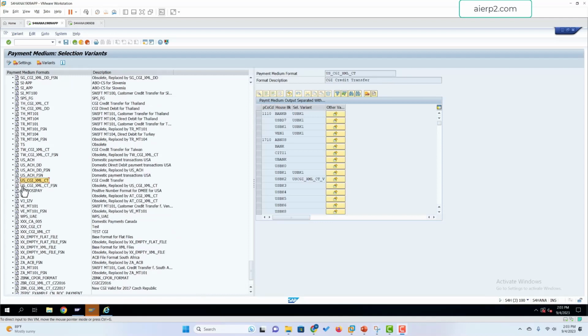Yep. So this is the file format which we will use, US CGI XML CT, for the payment within the US. Now these file formats are standard file formats which are pre-delivered on SAP. You can select them. However, in case you have to create your own file format, which is provided by the